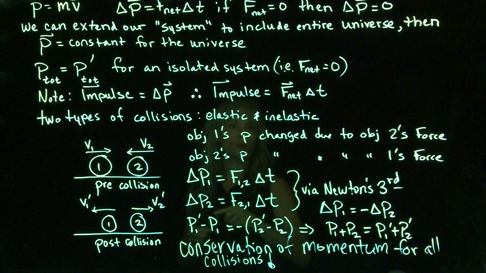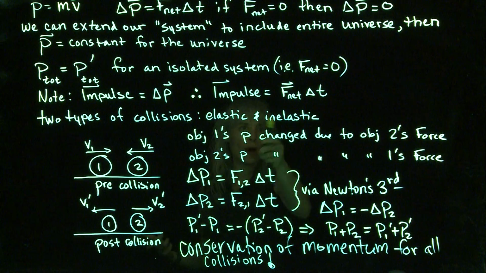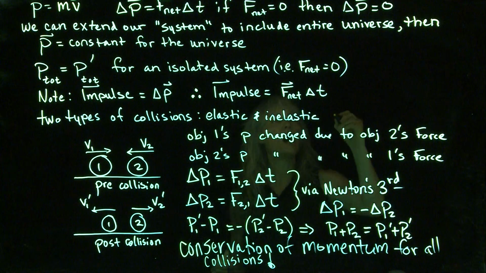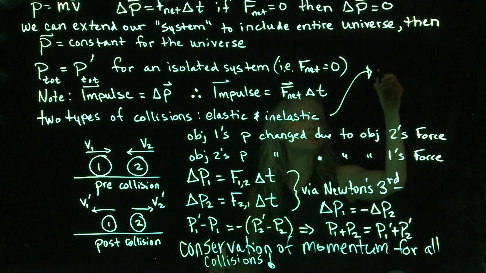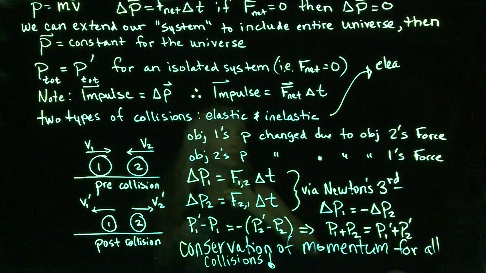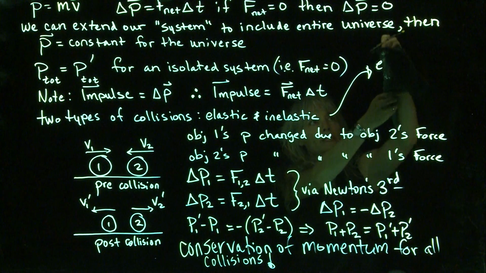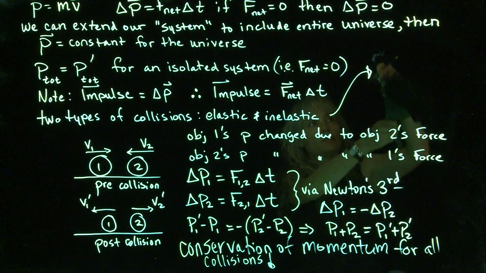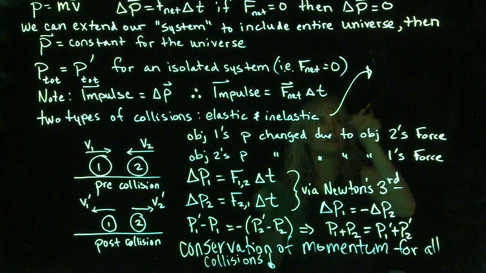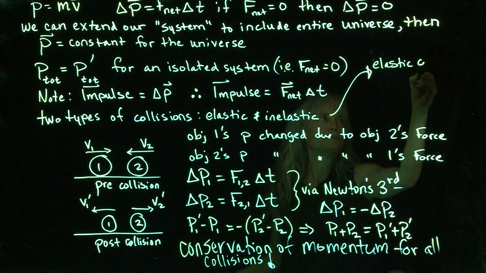So what's the difference between elastic and inelastic? If all collisions have conservation of momentum, why do we distinguish between them? Because in elastic collisions, we also have conservation of kinetic energy. So the kinetic energy before the collision and the kinetic energy after the collision are going to be the same. So for elastic collisions,